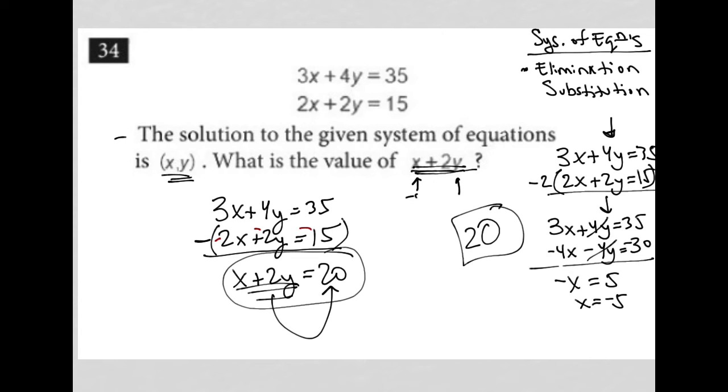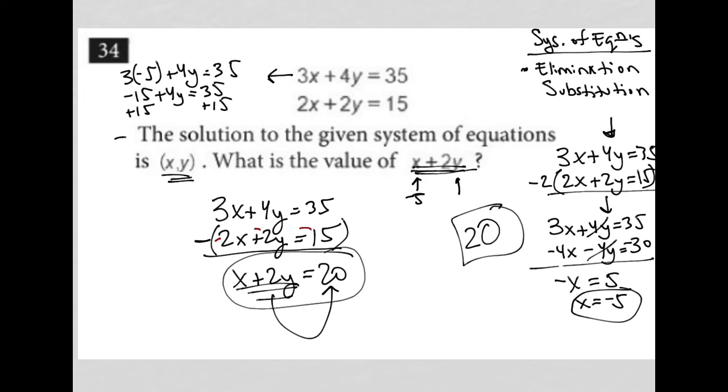So there would be my first thing to plug in, negative 5 for x. And now how do I find my y value? Well, I go back up here to, let's use the first equation. And I say instead of 3x, I have 3 times negative 5 plus 4y equals 35, which is negative 15 plus 4y equals 35. I add 15 to both sides, and I'm left with 4y equals 50. I divide both sides by 4, and I am left with y equals a decimal, 12.5,